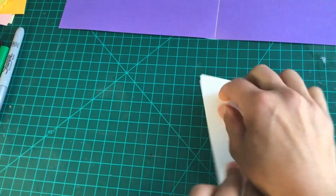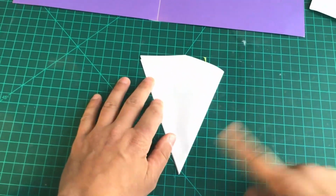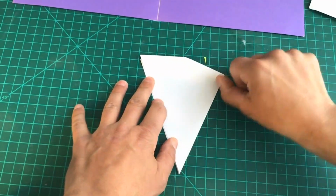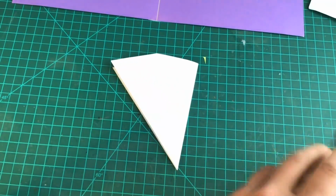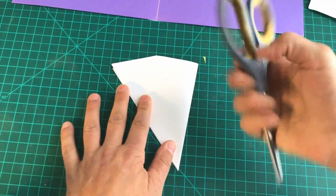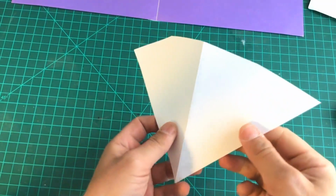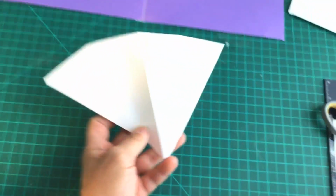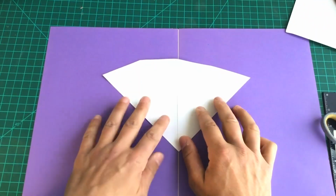Looks pretty good. And then, now, what do we do usually to make that fold? We could use our finger and rub it along there. Or you could use the handle of our scissors, and we could just rub it on there. So now, see that nice fold there? So this is what is called a V-fold. We're going to just lay this on our